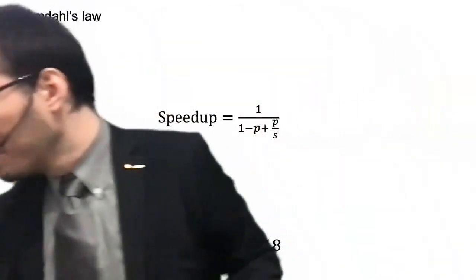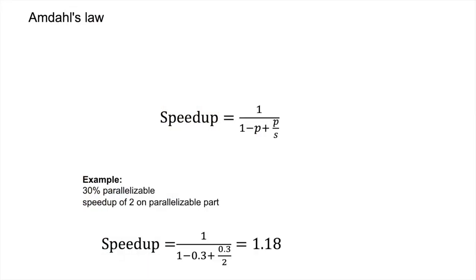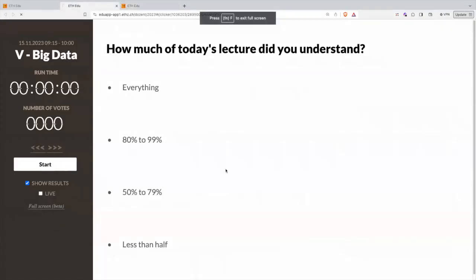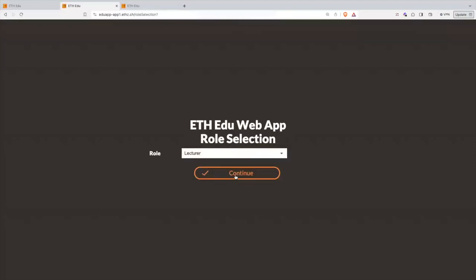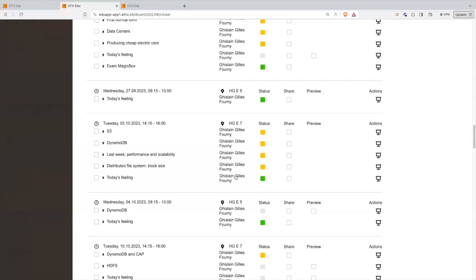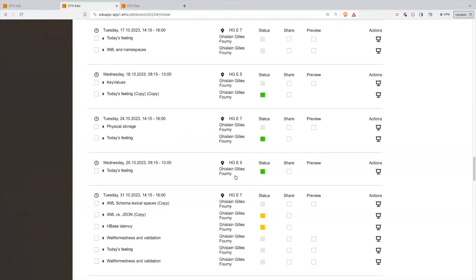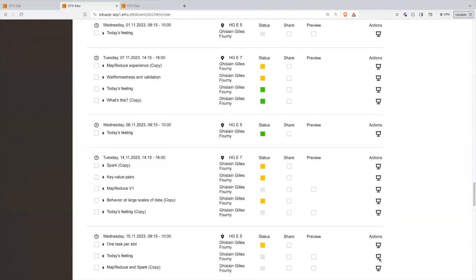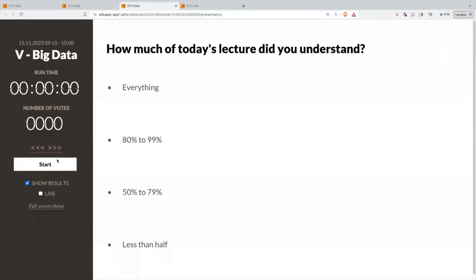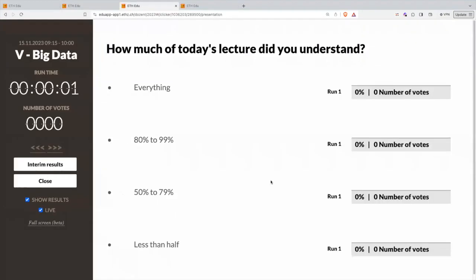All right, so this is your law, and I'm going to give you another law next week called Gustafson's law, and we'll discuss them. Just before you go, just let me know how much of what we did you understand. Of course, if it actually lets me ask you this. Where are we? We are right here. So let me know, and then you are good to go. Well, what did it look like? Yes, very good. About 80%.